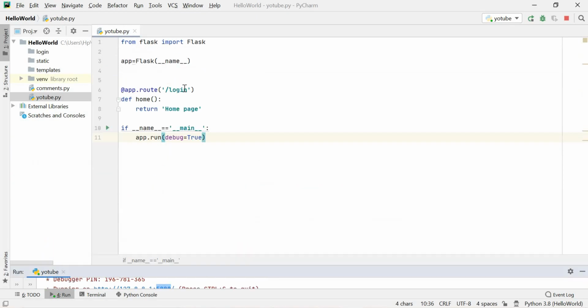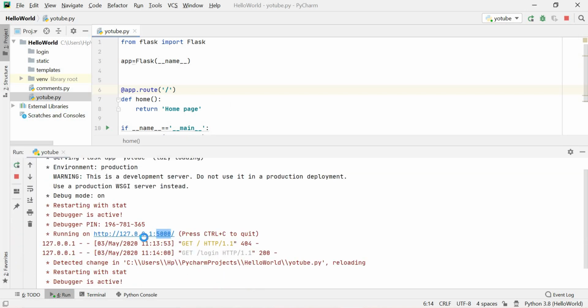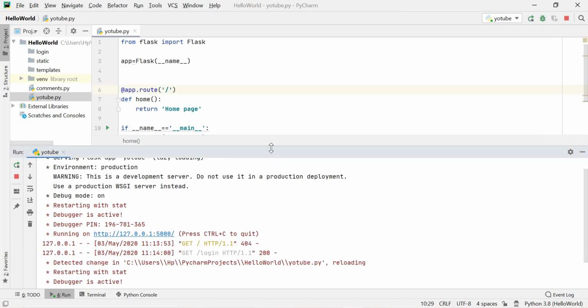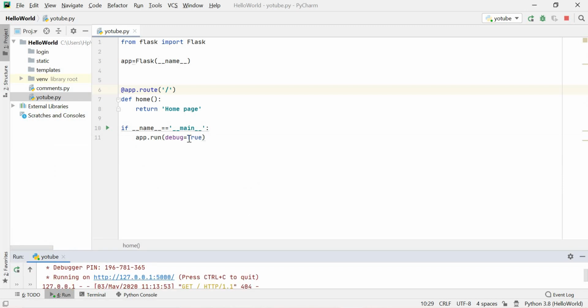Now if you change this one to just slash, you just Ctrl S save, then go to your URL. It will come that one. It will automatically reload that page. This is debug equals True.